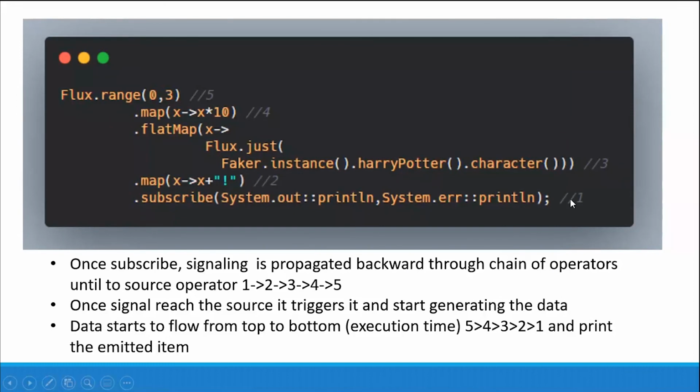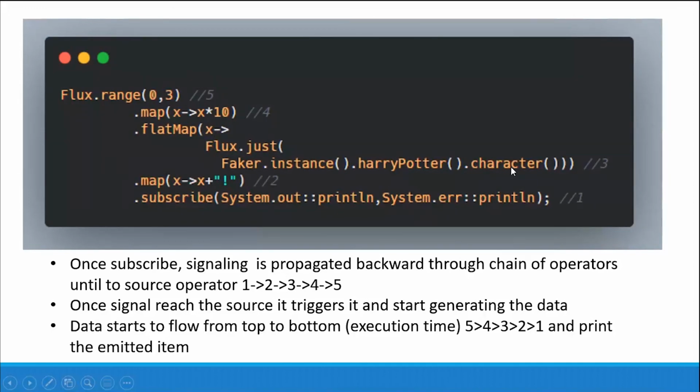Once I subscribe, the subscription goes from bottom to top. Number one happens first, then we go to the map function and subscribe to that, then the flatMap operation, then the map function, and then go to the source. After reaching the source, it starts emitting data. We receive 0, it goes to this map function, 0 times 10 is 0, and we receive the 0 item here.